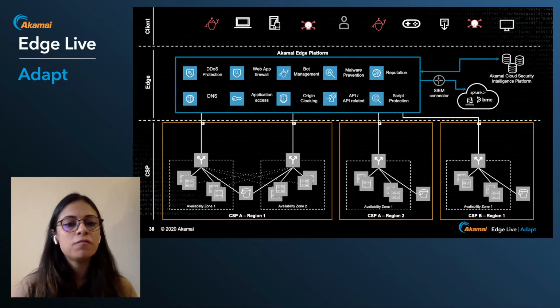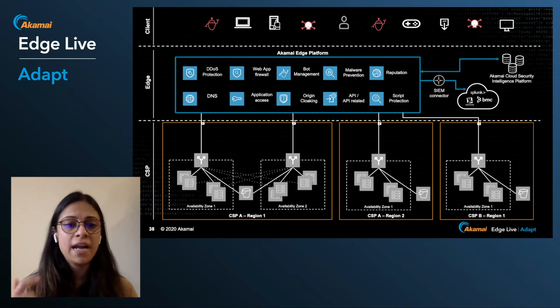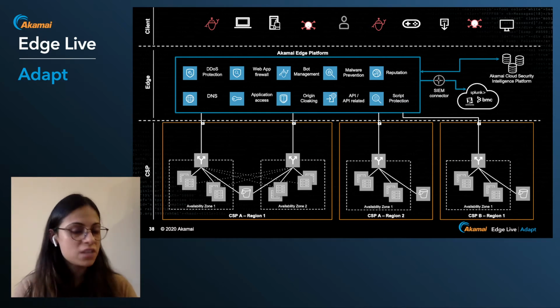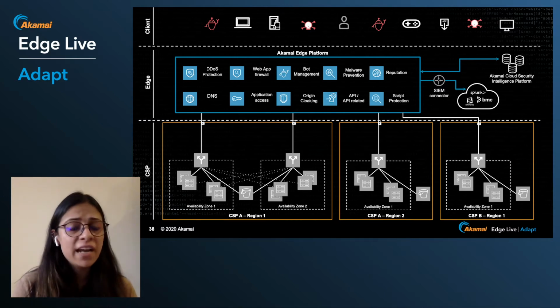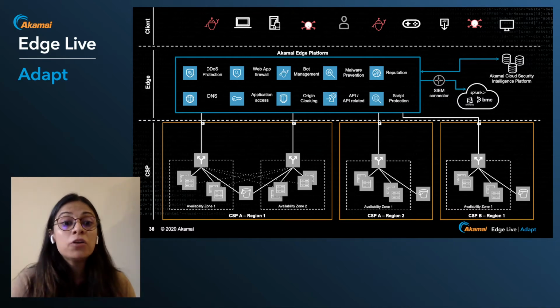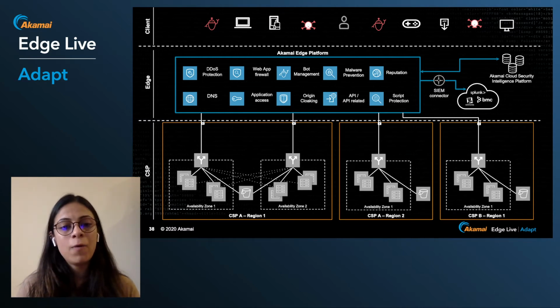You can put protection for denial of service on the application layer, the network layer, as well as for DNS. You can protect against common attack vectors like SQL injections or cross-site scripting through the web application firewall. You can ward off Magecart-like attacks using script protection and even take advanced and conditional actions for bot traffic, and look at your API authentication and incorrect parameters in the incoming request to ensure that any API vulnerabilities are